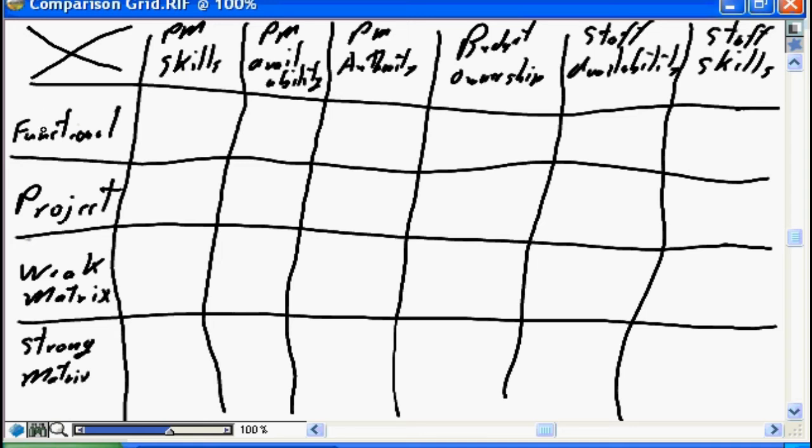So in a functional area, if you can remember, the project manager is assigned from the existing line management responsibility. So a going-in assumption is that the PM skills will be limited. And I'm going to put a question mark on that. There's nothing to say that a line manager would not be an excellent project manager, but because their prime responsibility is functional line management, there is no guarantee that they're going to have the appropriate skills to be effective as